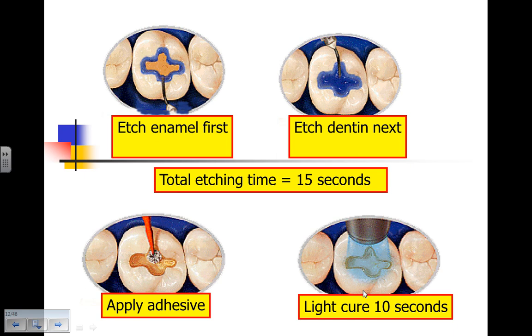So our etch and adhesive technique is basically etch the enamel first, then etch the dentin. You'll have a total etching time of 15 seconds where you'll be placing the etchant using a cannula tip around the enamel margins, then filling up the entire preparation, 15 seconds by the clock. You rinse it for 10 seconds with an air water spray or water. You dry the tooth off, keeping the enamel frosty white and dry, and you have a slightly glossy,